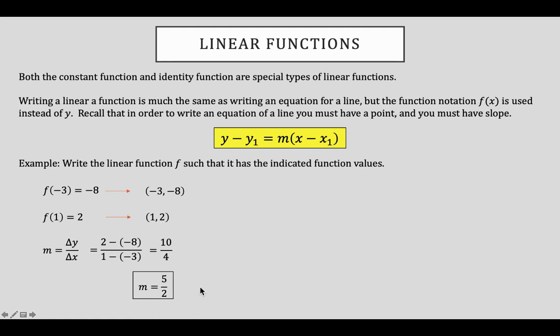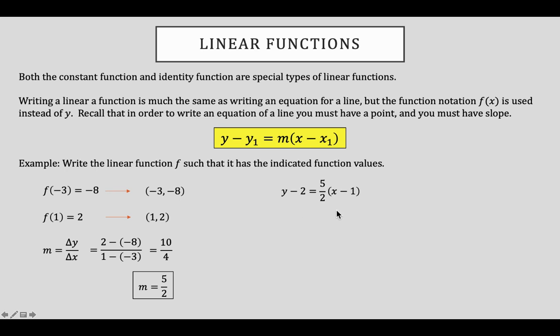Now we can come up with the equation of our line. And again, I strongly recommend that you guys learn to work with point-slope form. So we could pick either one of these points. I think a case could be made for either one. Notice that plugging in -3, -8, you'd have to work with positive numbers. Plugging in 1 and 2, you're working with smaller values. It's up to you. I chose the point 1, 2, leaving me with y minus 2 is equal to 5/2